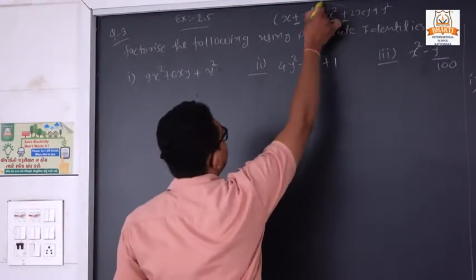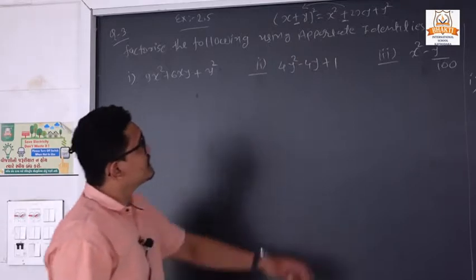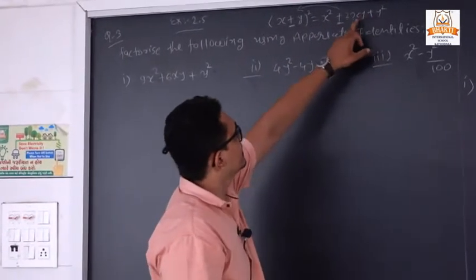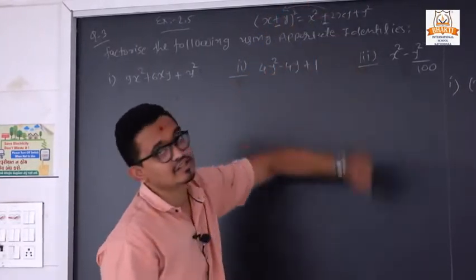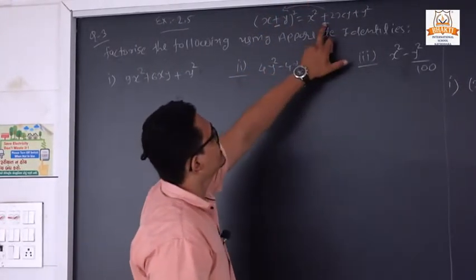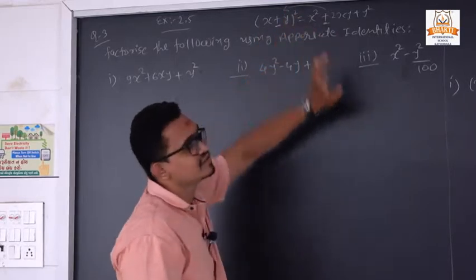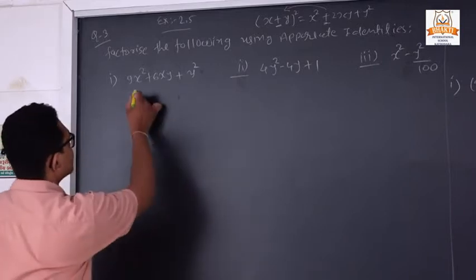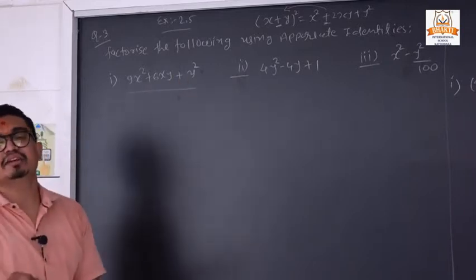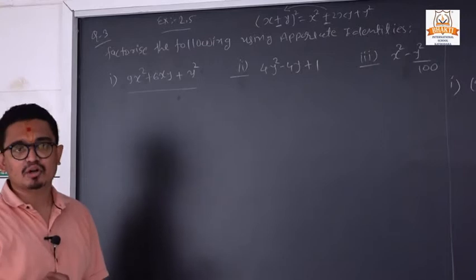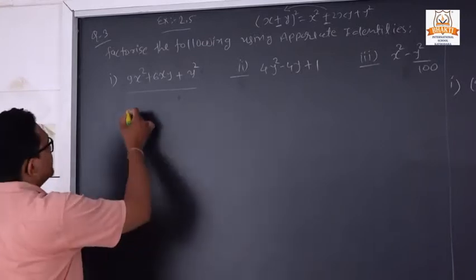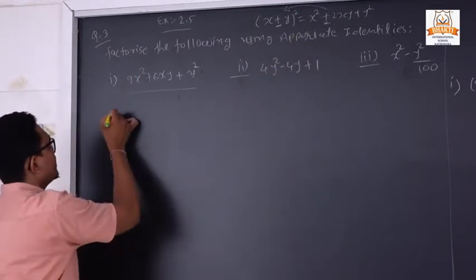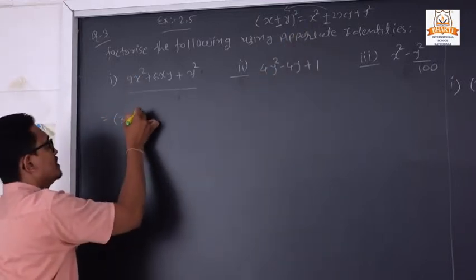So if we have 3 terms, it means we can use the reverse identity, from x square plus 2xy plus y square, we can also write x plus y all square. And if we have a minus sign, we can write x minus y all square. So it is the reverse identity. How can we convert to the reverse? You need to remember, if we have 3 terms, then it is possible to convert into that form. So 9x square, we can also write as 3x all square.